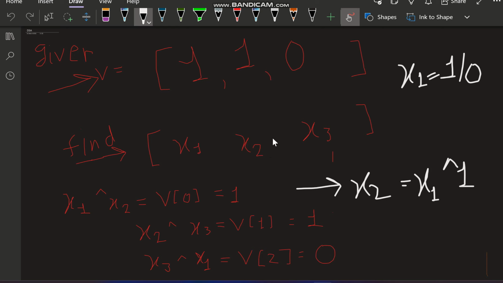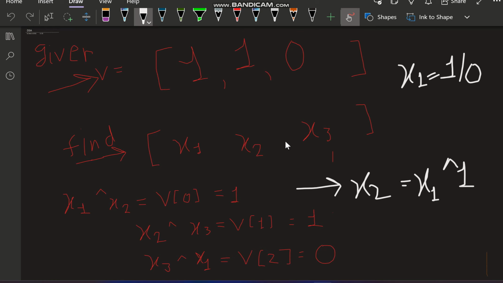And it is also given in the question that x3 XOR x1 must be equal to 0. So in both cases, when x1 is 1 and when x1 is 0, if for any of the cases x1 XOR x3 becomes equal to the last element of the given array, then the answer is true, otherwise the answer is false.